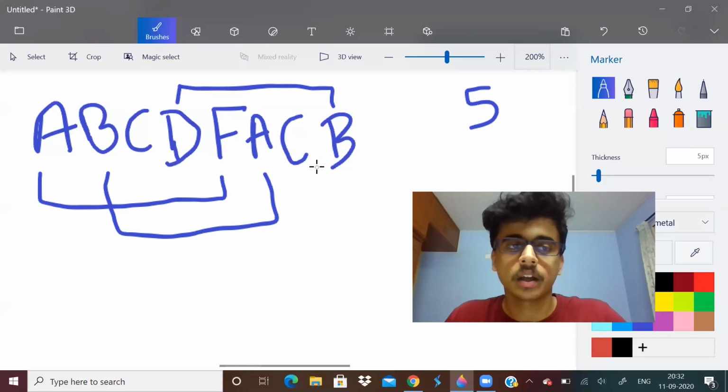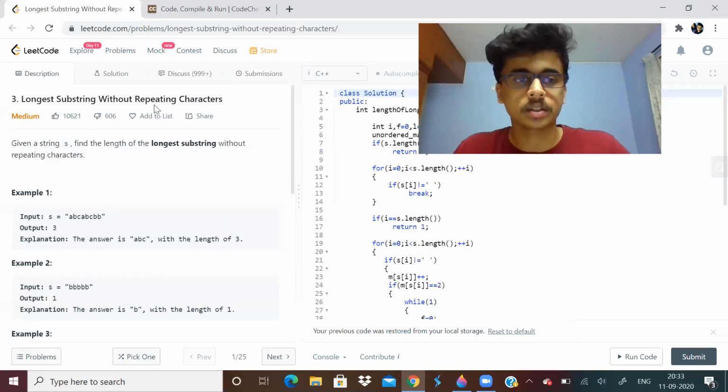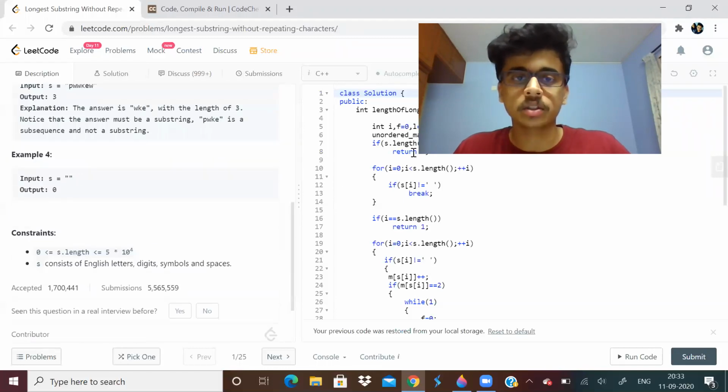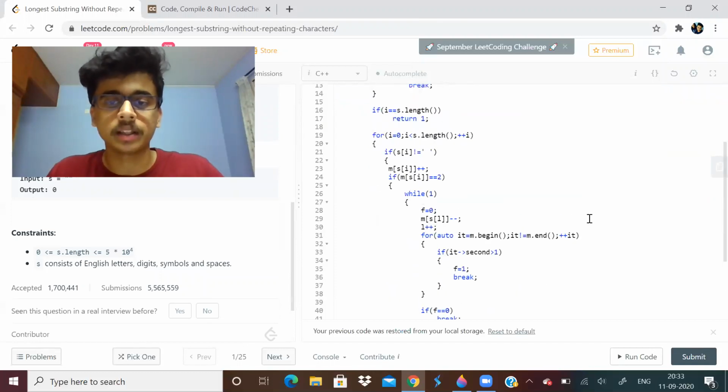How to do this using sliding window? And also I will be telling you, apart from sliding window, is there a better method, faster method? Because even sliding window sometimes in this case will turn out to have O of n square complexity. Some cases it will work, sometimes it will not. So I would want to show that to you. So basically this is a LeetCode problem, longest substring without repeating character. And in this question, I used a normal method only, the standard sliding window, whatever you might be thinking.